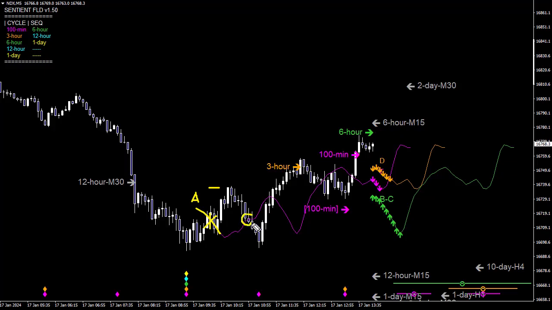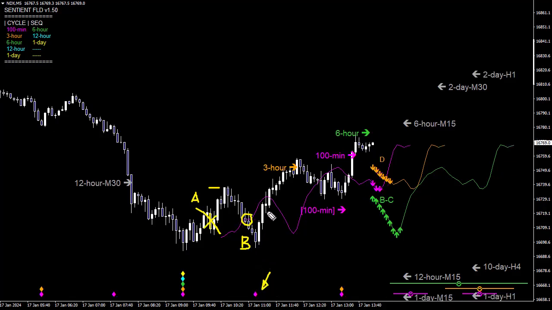Here was a moment of weakness in the market as price dropped down below the signal FLD in a B category interaction as it formed this first 100-minute cycle trough. But it recovered as it bounced out of that trough, and there is our C category interaction as it crossed back up above the FLD. Usually, of course, we would expect a BC category interaction pair, but particularly when you are looking at the shorter time frames, and this is a 5-minute time frame, you will often get that separated B and then C category interaction. That C category interaction took us up to our 3-hour cycle target in a very neat fashion,